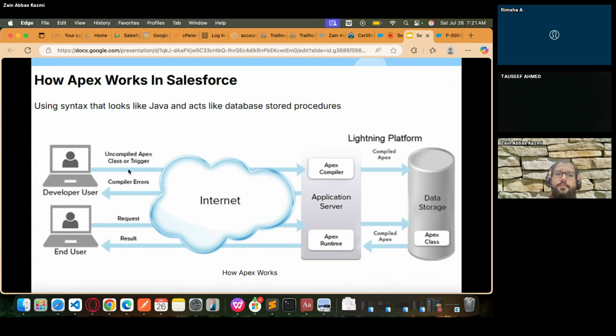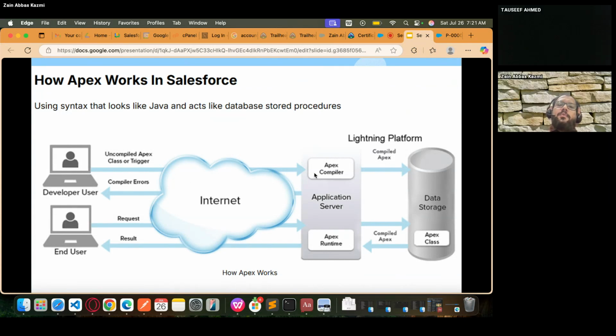Sure. Then the uncompiled Apex will be transmitted to the Apex compiler on the application server from the internet. It's being handled by Salesforce. If there's any error, it will return back to the developer. Otherwise, the compiled Apex will go and perform any operation in Salesforce, like storing the data or something, and return